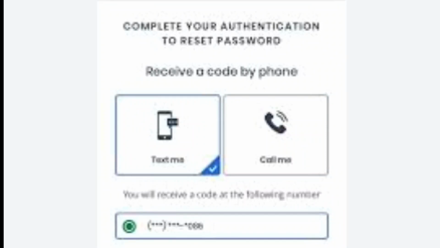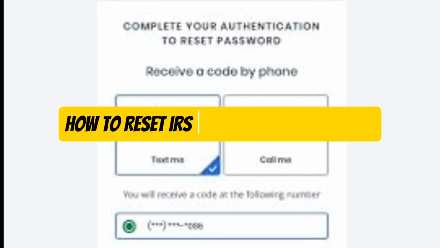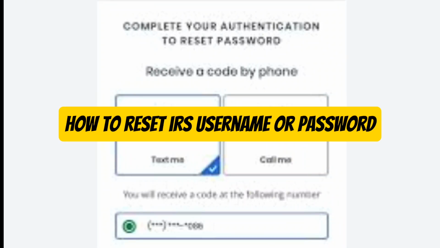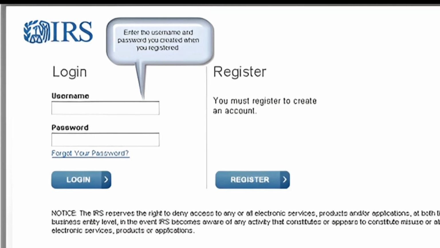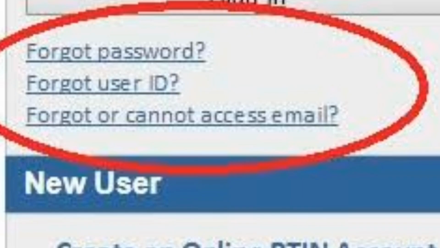In this video, I'm going to show you how to reset your IRS username or password. First, go to the official IRS website and click Sign in to your online account. On the login page, select Forgot Username if you can't remember your username, or Forgot Password if your password isn't